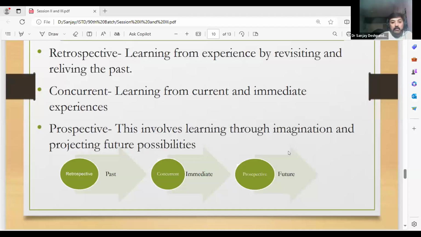Now, stages of learning. There are stages of learning. Just look at this: three different stages, past, present, and future. When we learn from the past, that's retrospective learning, by revisiting a past episode. When we learn from the current situation, that's concurrent learning. And when we want to learn for the future,